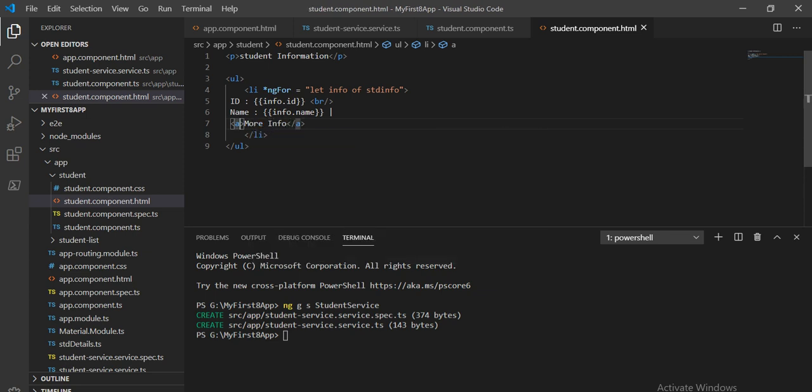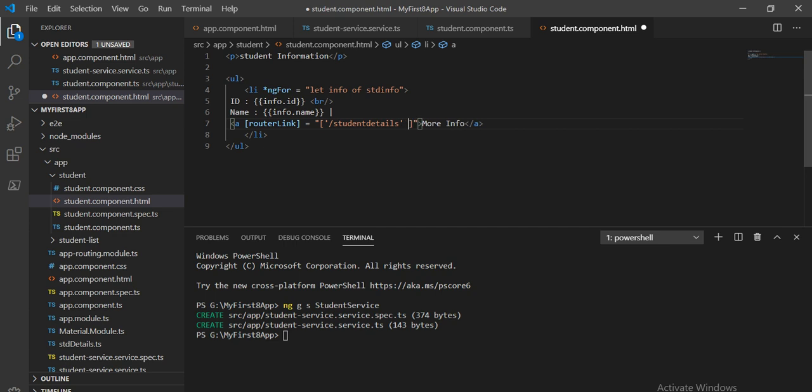So inside this I will create a router link. Let's create this router link, then we'll define this router link name under this app.routing.module. So router link, and give the name for the router link, like I'm going to give student details.